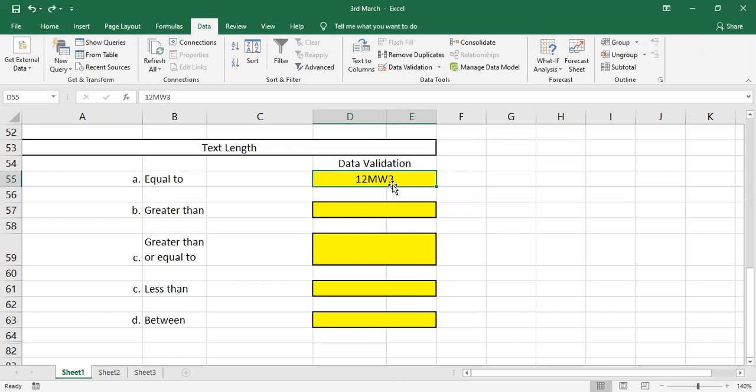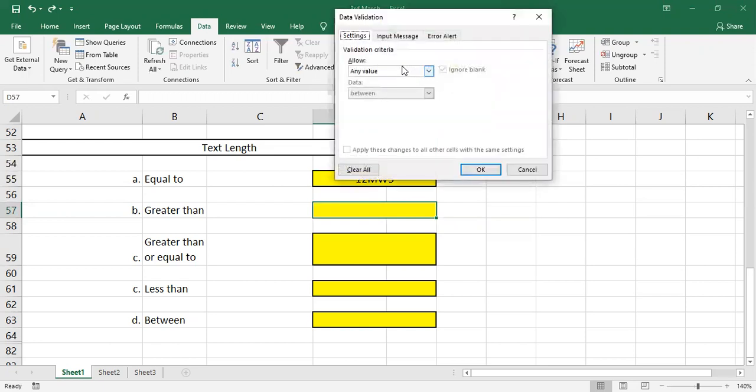So next, greater than. So the cell should accept greater than 3 values. So it should not accept less than 3. It should be more than 3, not equal to 3 also. It should accept only greater than 3. So how to give data validation? Here you need to select text length. Here you have to give greater than or equal to, and I want to give here greater than or equal to 3. So I'll type here 3 and then I'll click on